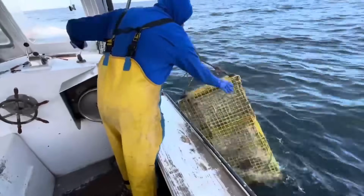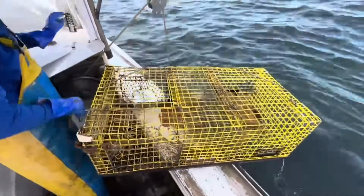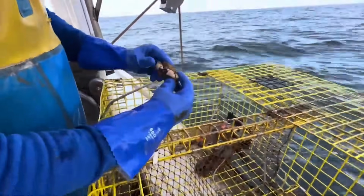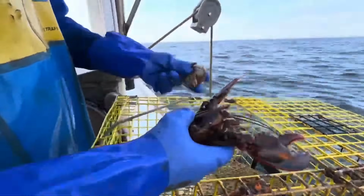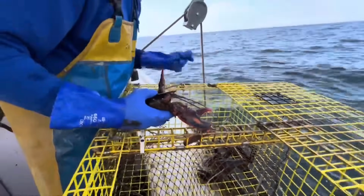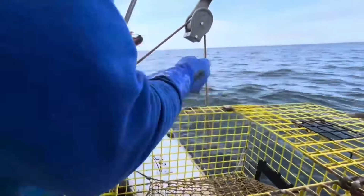A lobsterman will put a bag full of bait, usually herring or other fish, in each trap dropped from the boat, or set. It is attached by a rope, trap line, to a floating buoy to mark its location. Buoys are painted with particular colors that are registered by each lobsterman, which helps identify to whom each trap belongs. Each trap is allowed to soak or stay in the water for usually 2 or 3 days. Then the